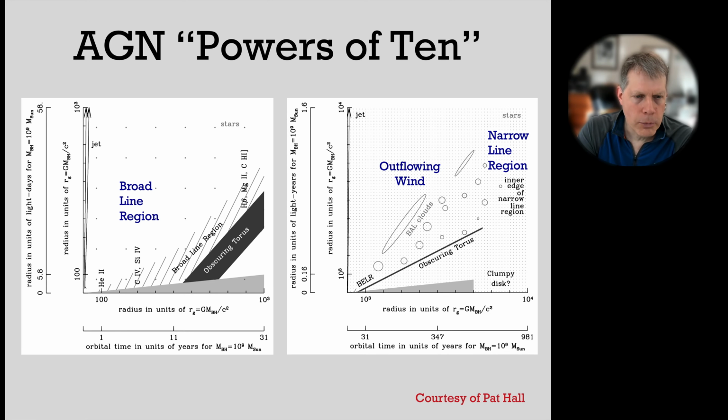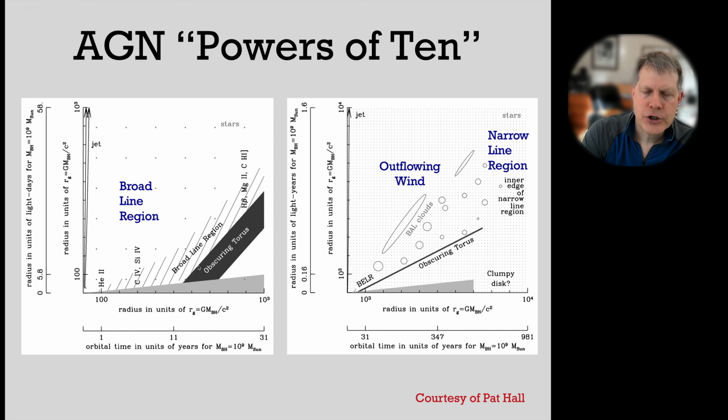The corresponding orbital timescales are of order years: 1 year, 11 years, 31 years here. And the physical size scale for a billion solar mass black hole is of order many light days. So you're getting out to a significantly larger region than anything we've focused on thus far. The Broad Line region you can see is shown here, being pictured as a kind of equatorial wind-like structure with different emission lines being emitted as labeled in different locations,